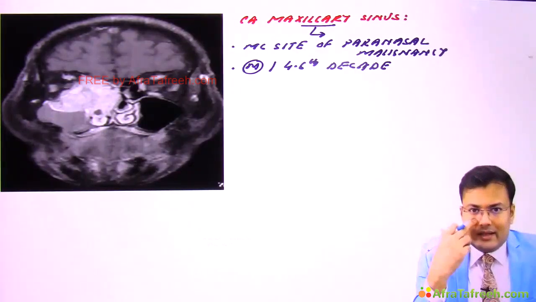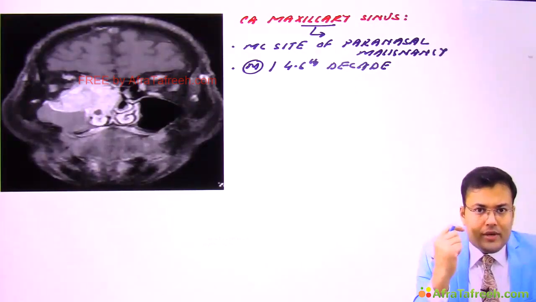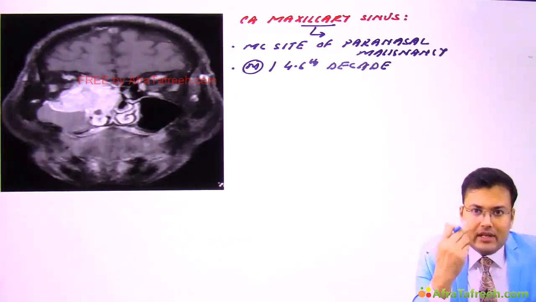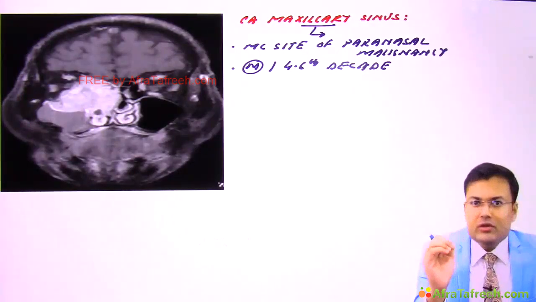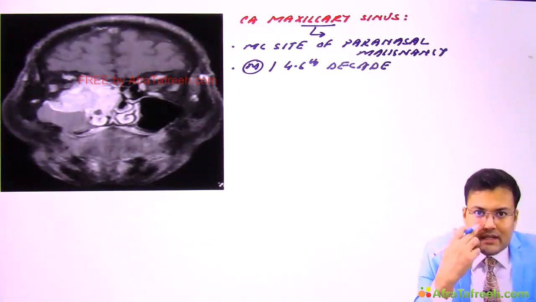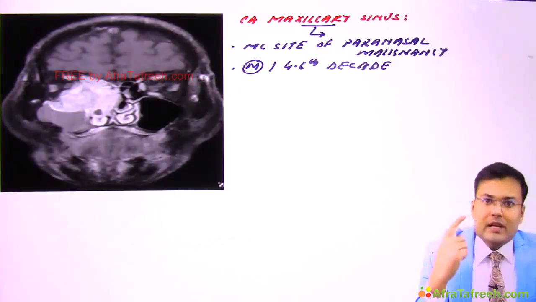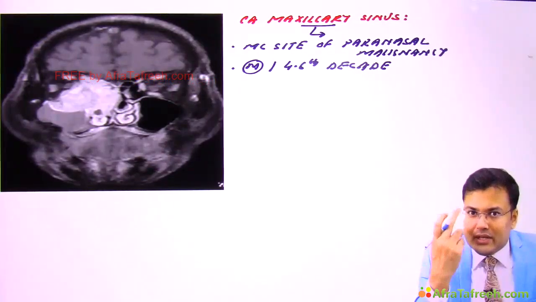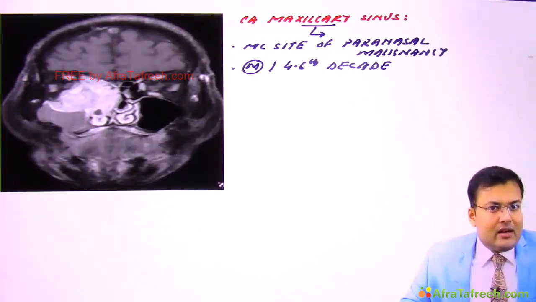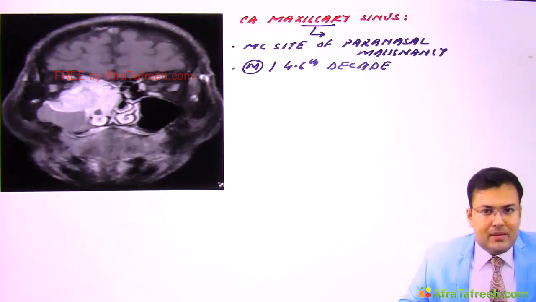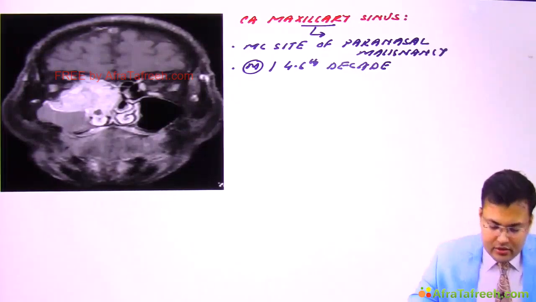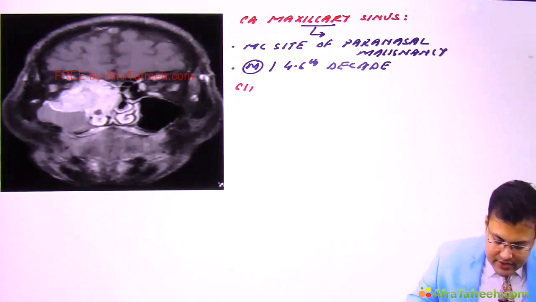Now see what are the manifestations. So if malignancy is arising from the maxillary sinus over a period of time, what happens? Whenever the growth is involving the nasal cavity, the patient gives you the history of nasal stuffiness. The patient gives the history of blood-stained discharge, and whenever there is involvement of the nasolacrimal duct, the patient gives the history of what? Epiphora. Apart from this, the patient is having complaints of facial pain, facial paresthesia. So these are the clinical features.